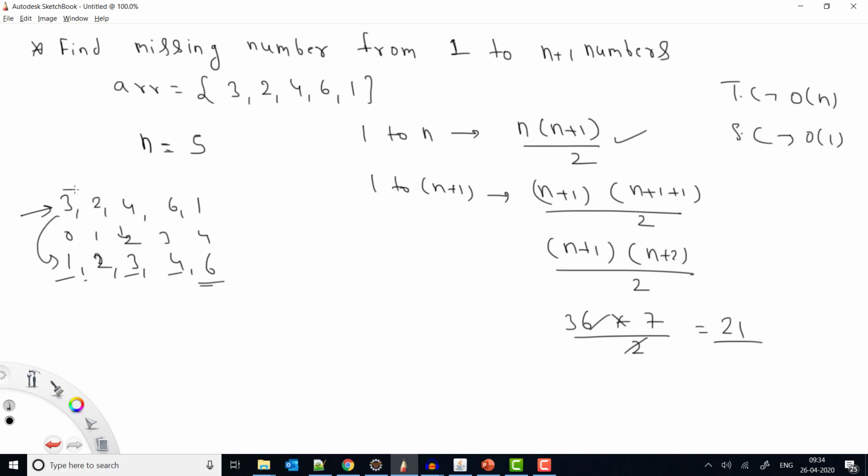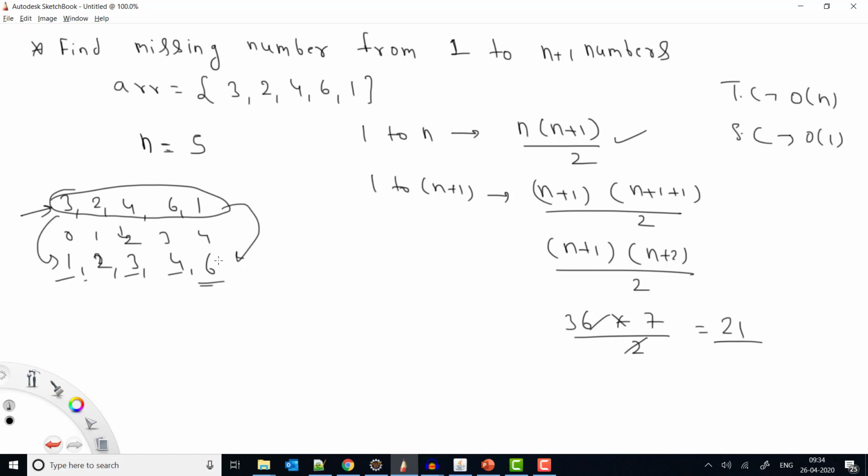So now that you have understood what we need to do, first of all we need to convert this into sorted form. And how can we do that? In our previous question, we solved it using cyclic sort. Cyclic sort we can apply whenever we have the numbers in a particular range. Like in this case, we have numbers from 1 to n plus 1, and we have all the numbers, and then one number is missing.